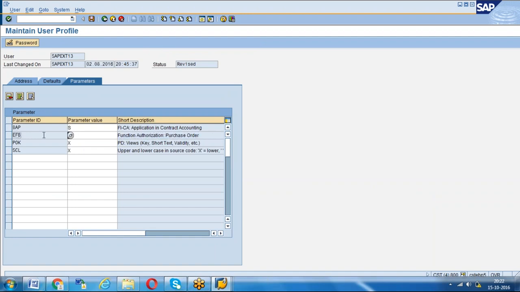With this parameter, if you maintain it for the user, we can fetch the price from the purchase requisition. Some companies use that option. If you use the parameter EFB, then we can adopt the price from the PR to PO, and before that we need to make certain configuration also, like the transaction code